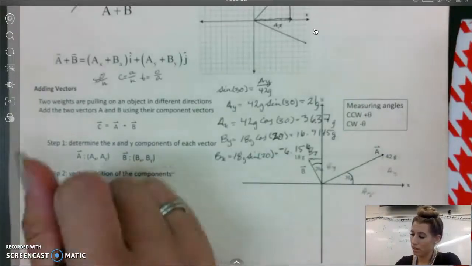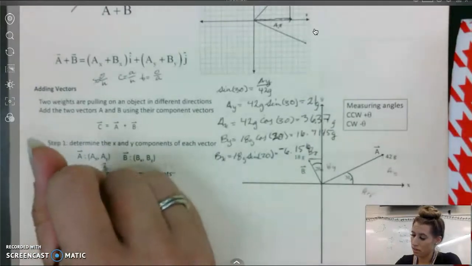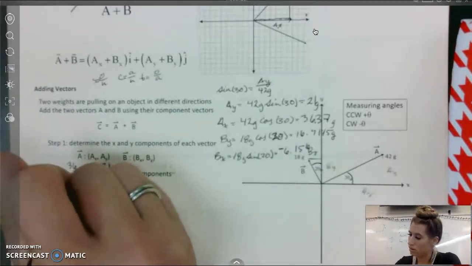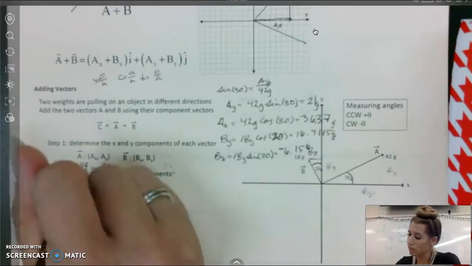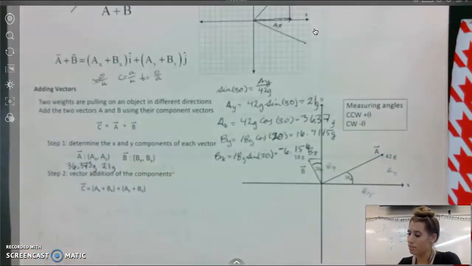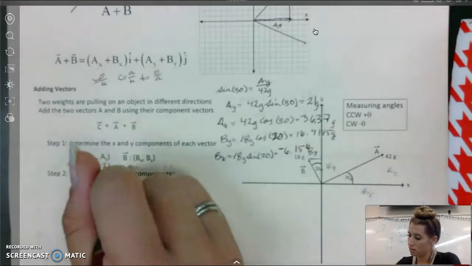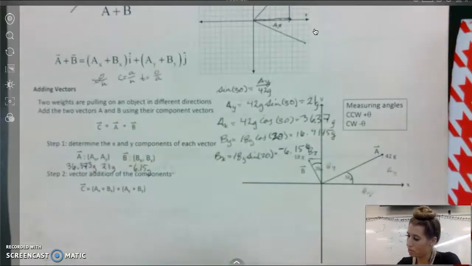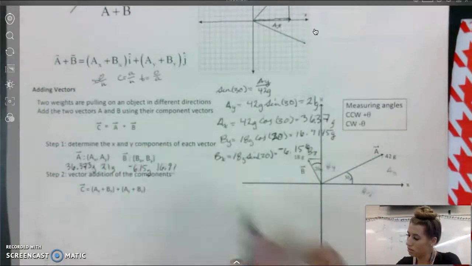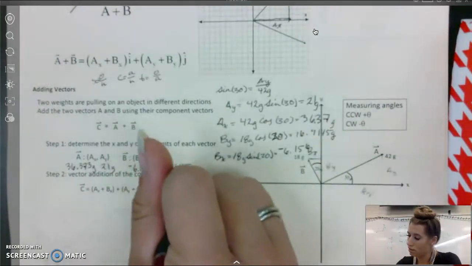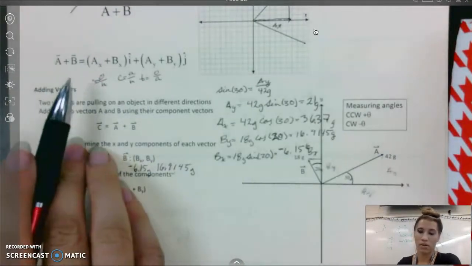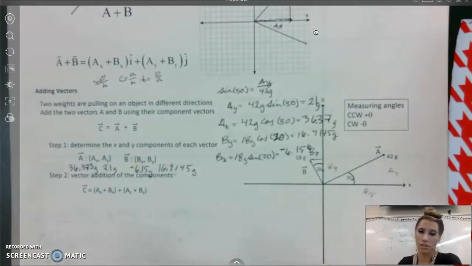We said A sub y is 21 grams, and A sub x is 36.373 grams. B sub x was a negative 6.15 grams, and then B sub y was 16.9145 grams. Okay. So let's remind ourselves, A plus B, or the resultant of that, C, is going to be